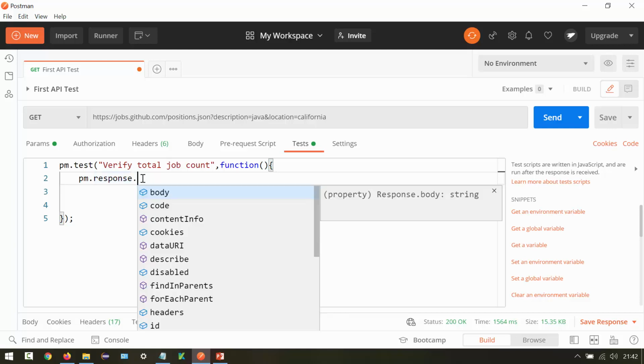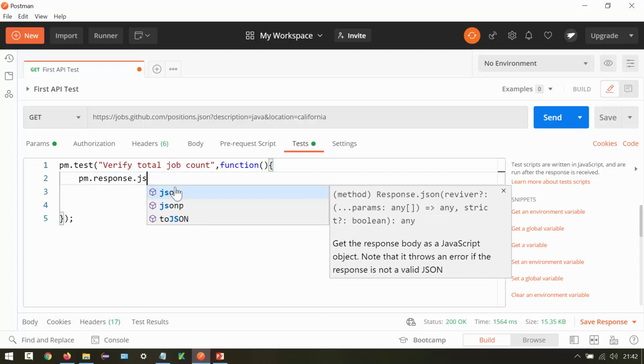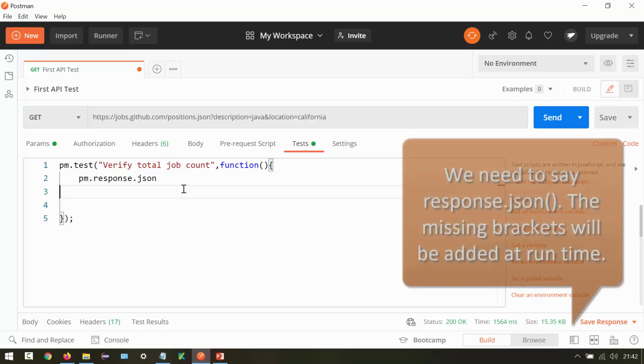So click .json. This is going to give the response in JSON format. JSON stands for JavaScript Object Notation. You can see it says get the response body as a JavaScript object. This is really useful. We can see the method, the parameters, and the context help here. With this we have our response.